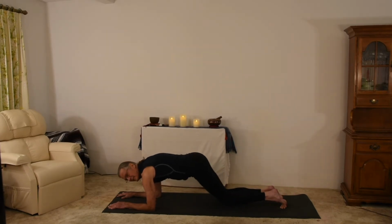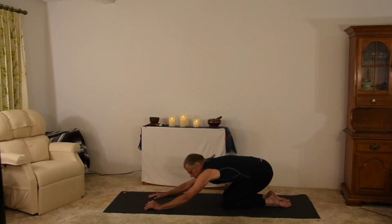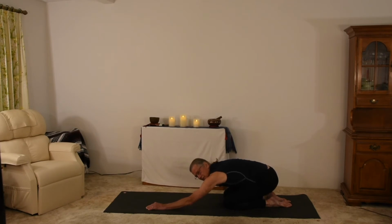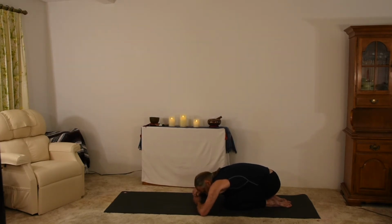So coming down to the knees, we'll sit the hips back into child's pose. If your hips don't reach your heels, you can put a blanket there. Reach the arms out and bring the forehead down to something. If it doesn't reach the mat, stack your hands or your fists. This is our resting recovery pose. You can come here at any time you need a little break, recharge your energy, and then get back into